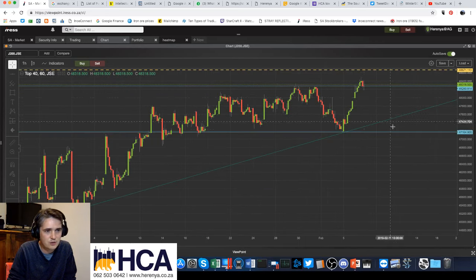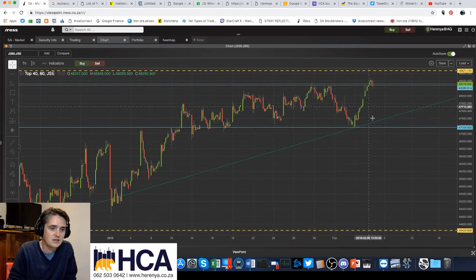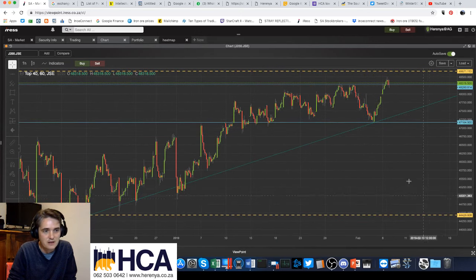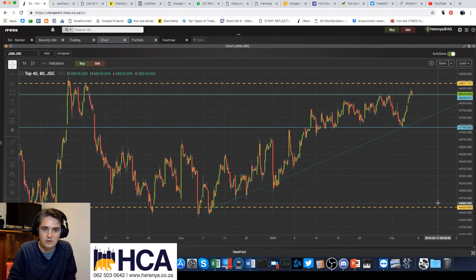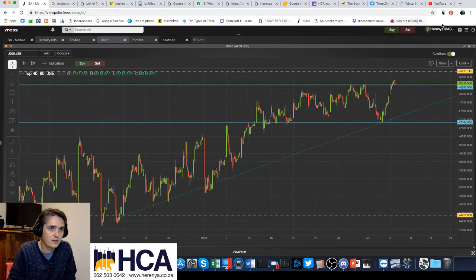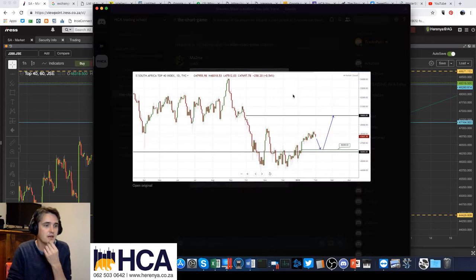So this could be a nice short down to the bottom of this range. But what you want to do is use this range as your trigger to trade the bigger range down to your target, right? And then once again look for consolidation there and trade it the other way, right? In order for this bigger picture to play out. But this short might be quite a nice trade.